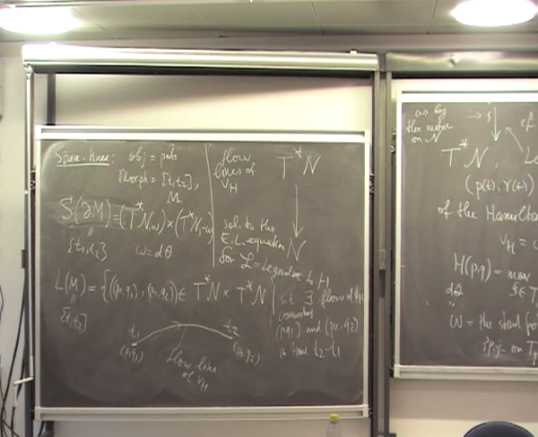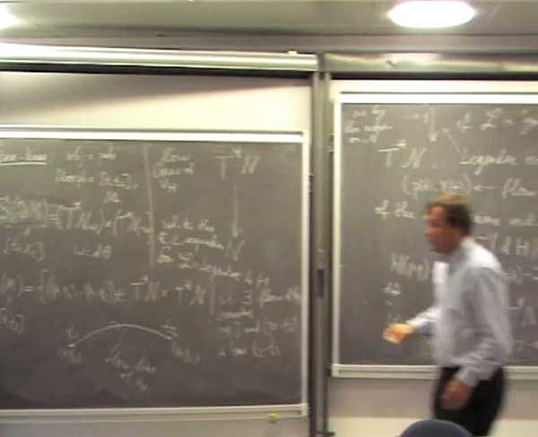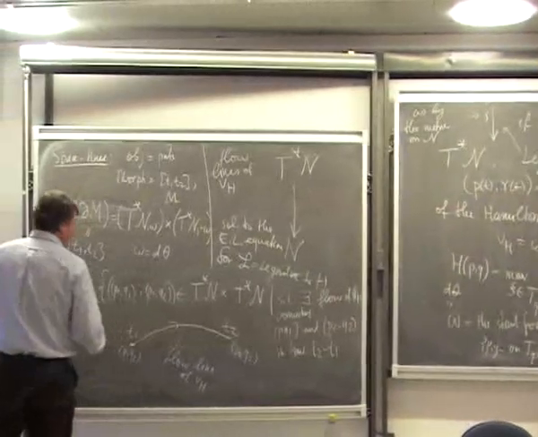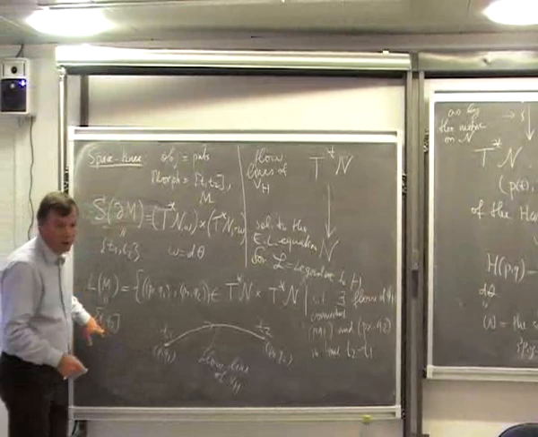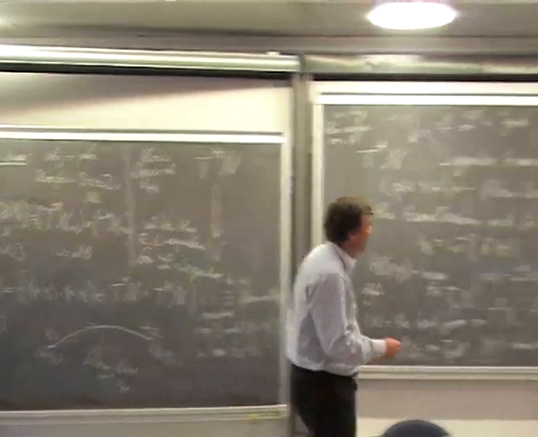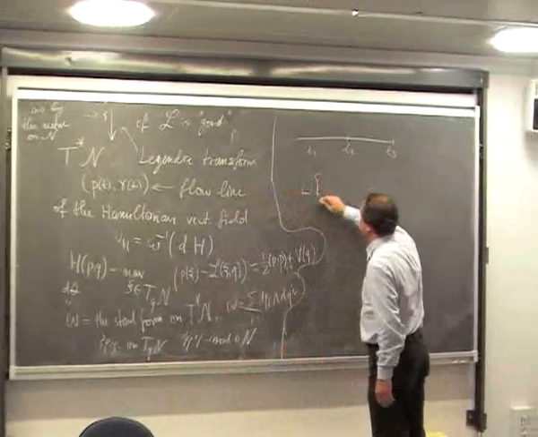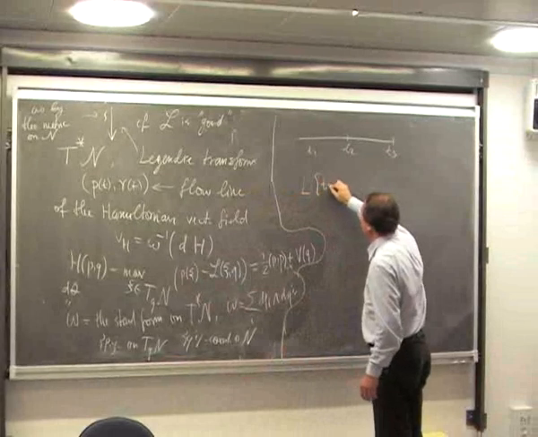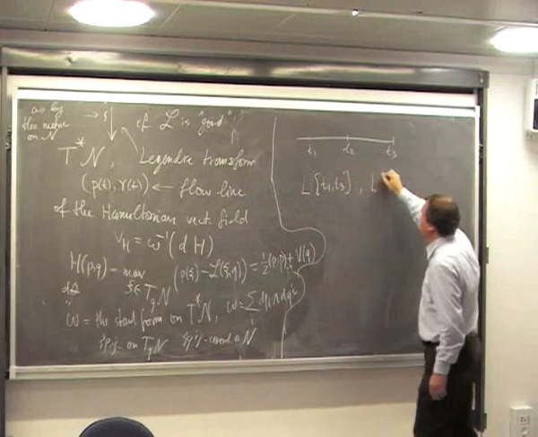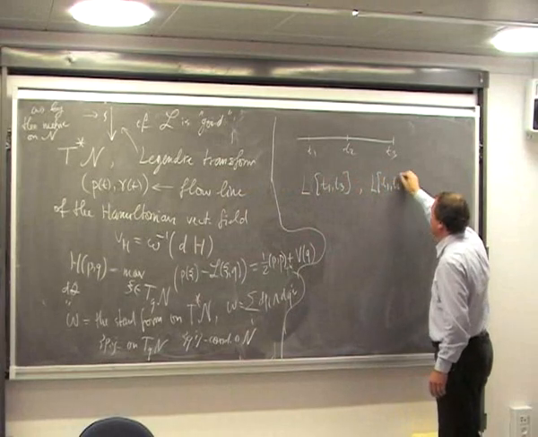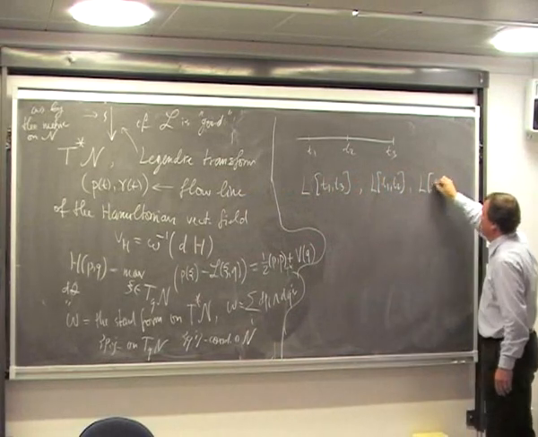That's the relation between L. So now M is really T1, T2, but you can see that this Lagrangian submanifold really depends only on the difference T2 minus T1. So what we want to check is that